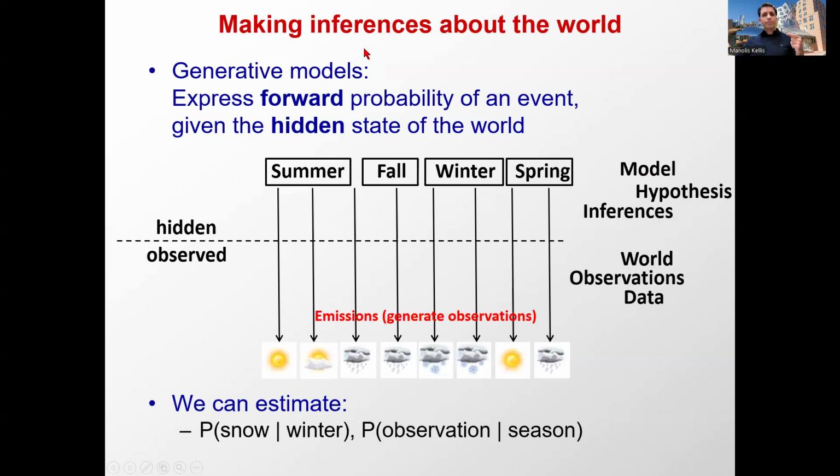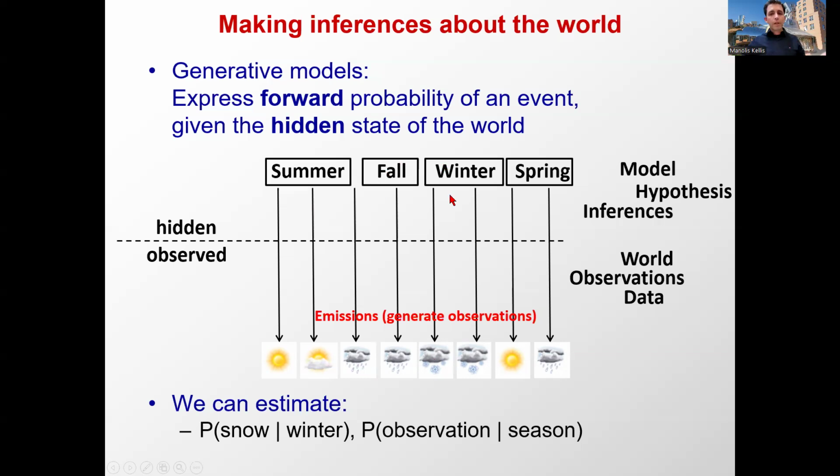Inference is inferring something about the hidden state of a system based on observations about that system. Okay? So what are the observations? For example, if you're looking outside, through some long hole in a wall, and you can see that there's a lot of bright light, you might infer that it's summertime. Or if you see a lot of gray, you might infer that there's rain, or that it's fall, based on the observation of rain. When you see snow outside, it's unmistakable, it's snow. It's rain, it's cloudy, it's sun. These are the observations.